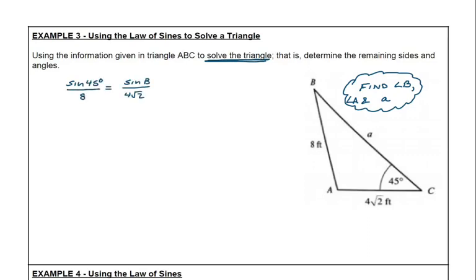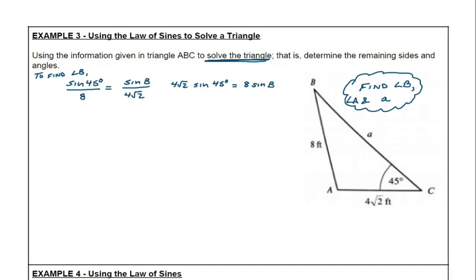So notice when I set up my law of sines here, I did sine of 45 over 8, where 8 feet is opposite the 45 degree angle, equals sine of B over 4 root 2. And just looking at that, the only variable in there is B, and that's the angle that we're going to be looking for. So in terms of solving this, I'd clear fractions, multiply both sides by 32 root 2, or